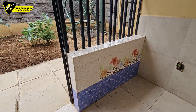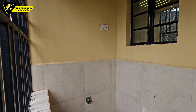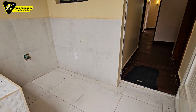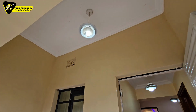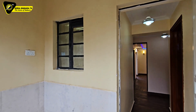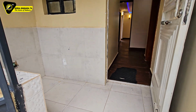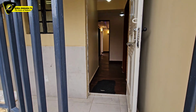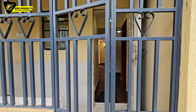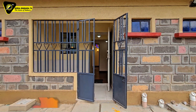So outside, that door going to the backyard, before we go outside completely, we have a wash area there. All right, that's the wash area, and they have done provision there. You can see some plumbing for you to even install a washing machine just on that corner, which is wonderful. And now we pull back, we close that grill door, and then we pull back to the backyard. Exactly, out we are